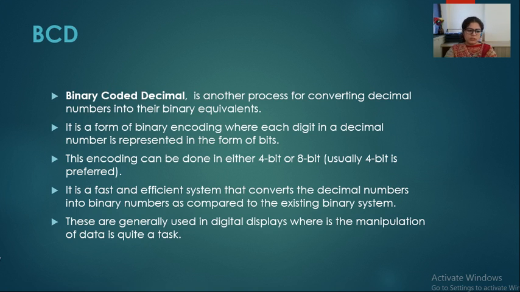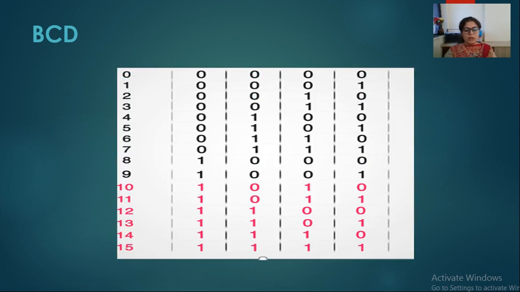As in the previous parts, we converted the decimal number system into octal number system, decimal into binary, and even binary into decimal, and we followed proper methods. In some cases we have to multiply the number, and in some cases we have to divide the number. But this is a direct method. In this method, we do not have to apply any multiplication or division. We can directly get the number. I will show you how we can represent every decimal number in BCD form directly.